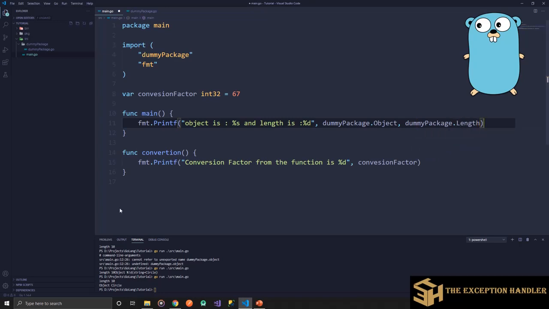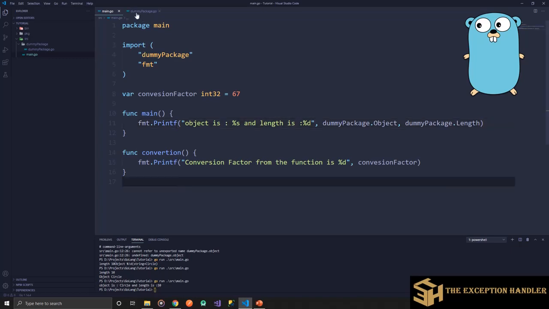So if I try to run this program, I can see that object is circle and length is 10.